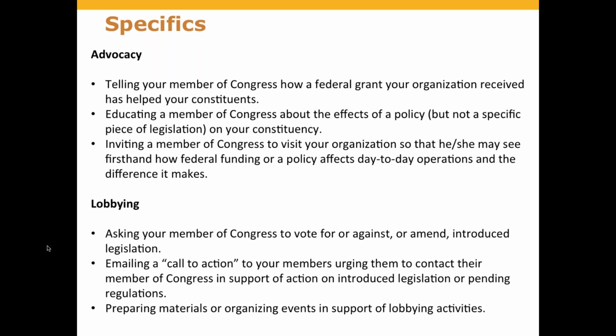Again, the keyword here is specific legislation. If you're not talking about a specific piece of legislation, it's not lobbying, doesn't need to be logged, doesn't need to be reported. One final distinction that I'm sure some of you already know: if you're a state organization, you are probably doing what is not defined as lobbying activity; you're doing what is primarily labeled simply as education. And again, education and advocacy can be used somewhat interchangeably. It's pretty loose how people use that term. But advocacy and education are sort of the same thing. Again, as long as they don't touch on specific legislation, you're probably going to be just fine.